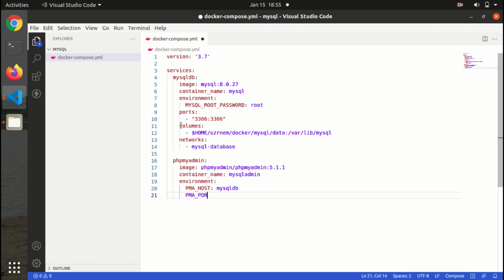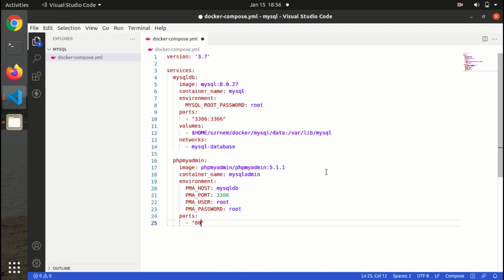port, username, and password. We'll bind local port 8000 to the Docker port 80 of phpMyAdmin.